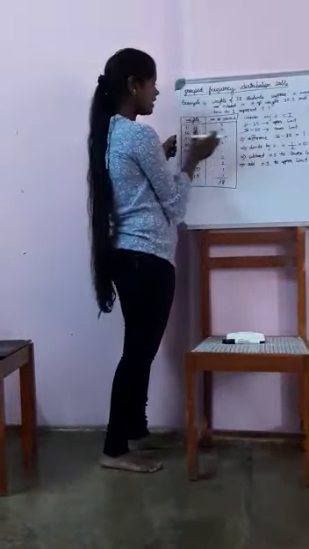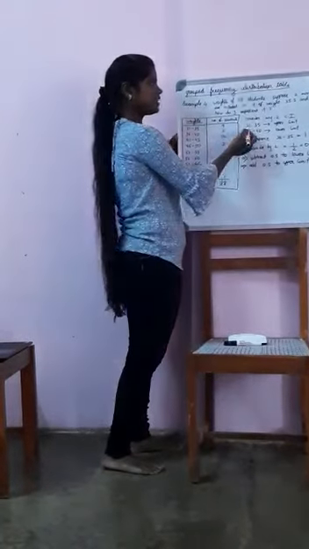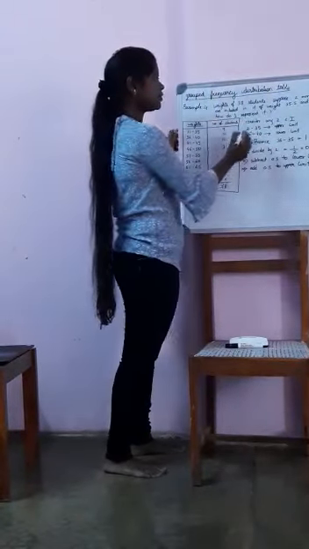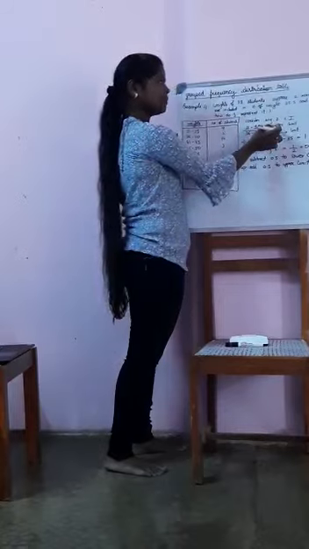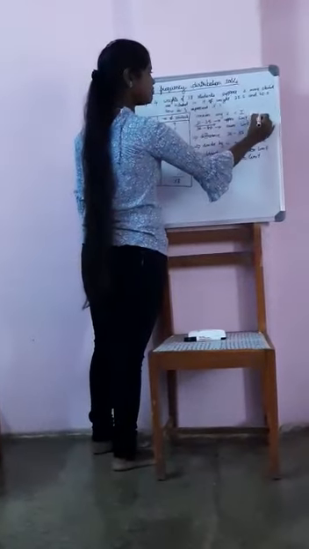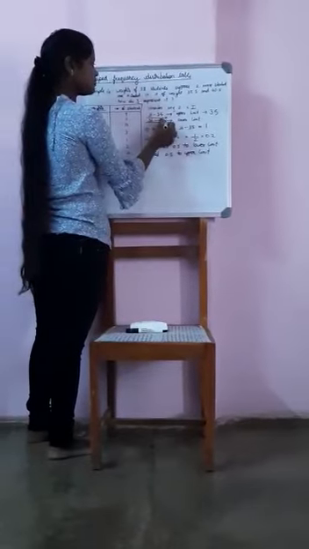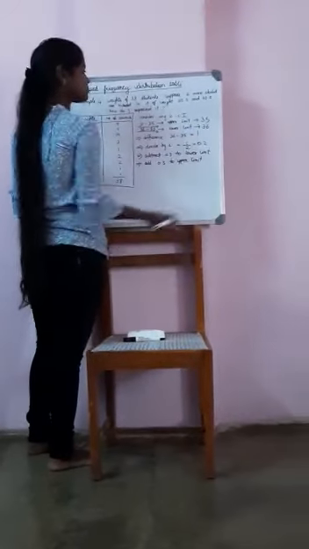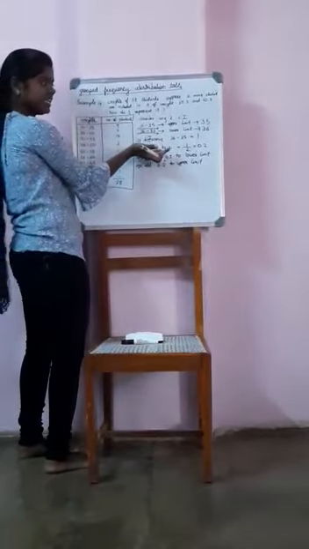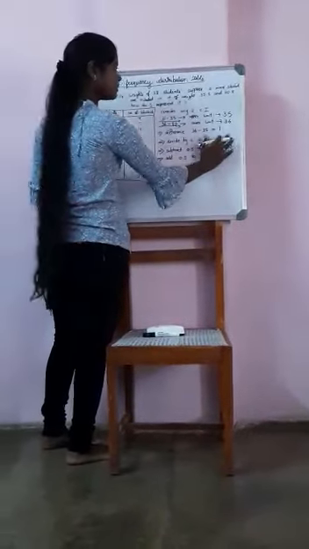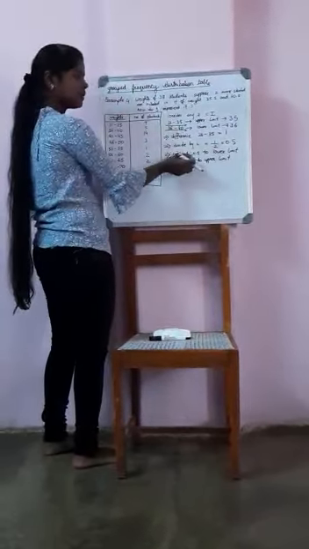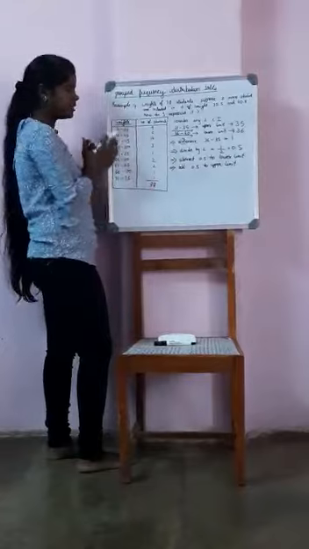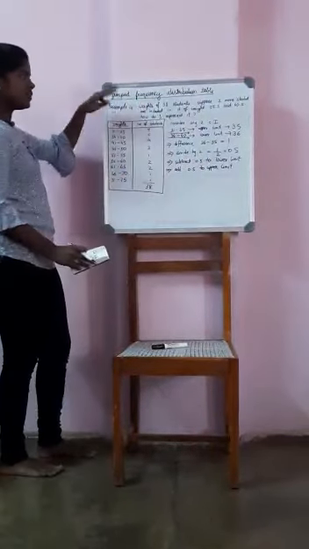So I have considered two class intervals, that is 31 to 35 and 36 to 40. In this class interval, I am going to take the upper limit, that is 35. And in this class interval, I am going to take the lower limit, that is 36. I am going to take out the difference, then divide by 2, then subtract 0.5 from the lower limit and add 0.5 to the upper limit. I am just going to rewrite this table.